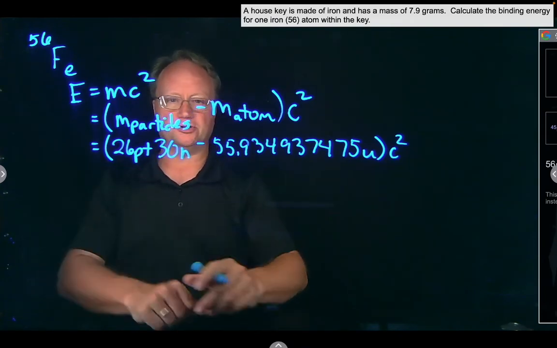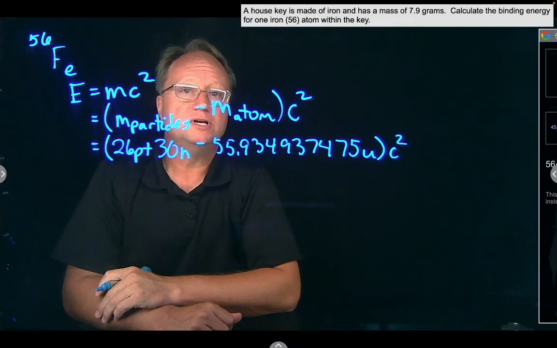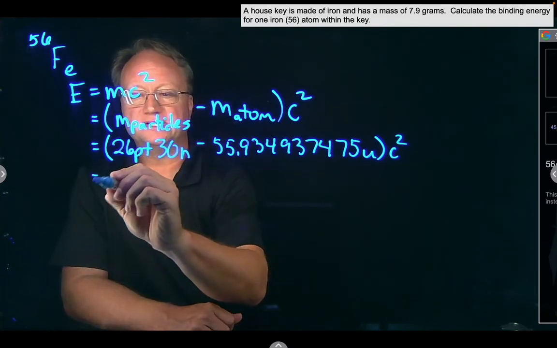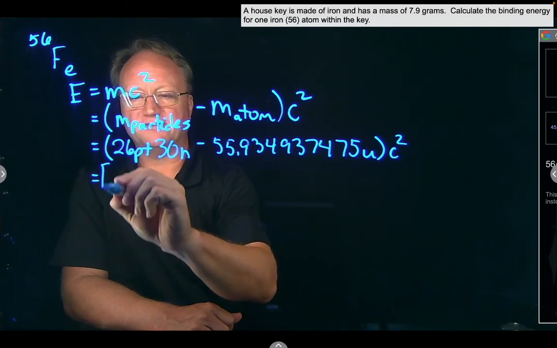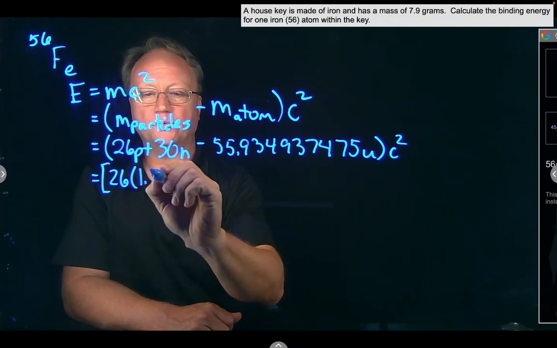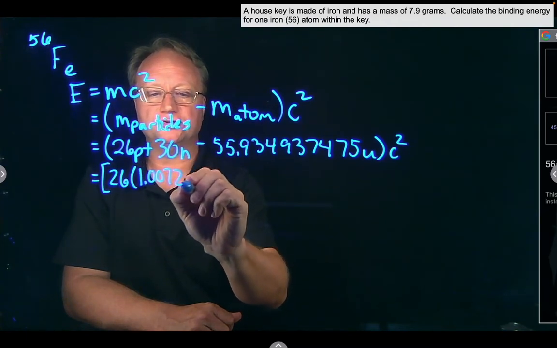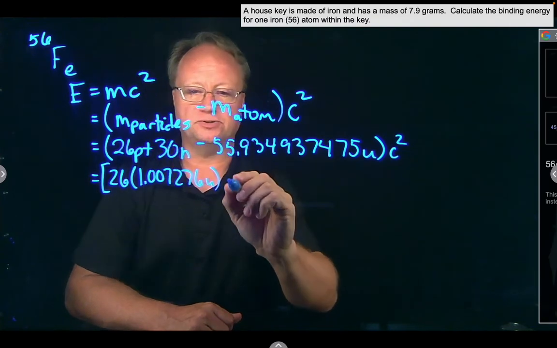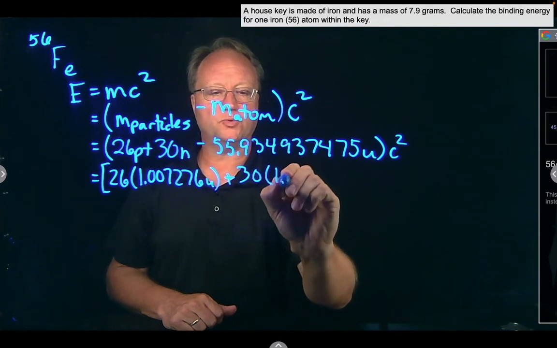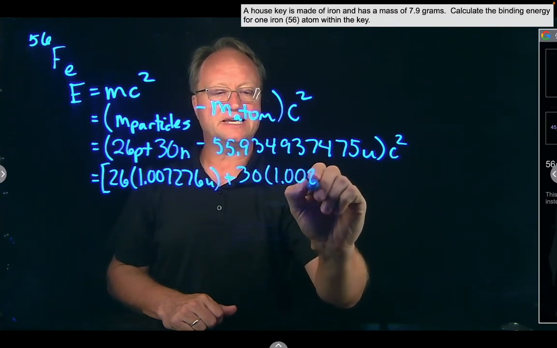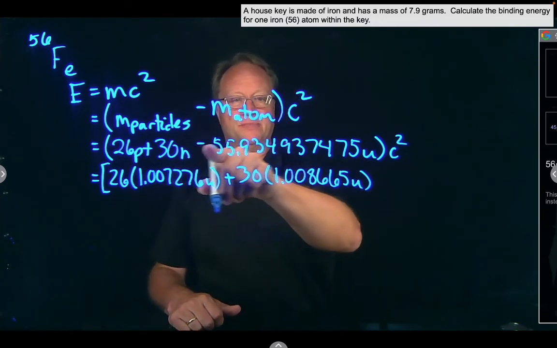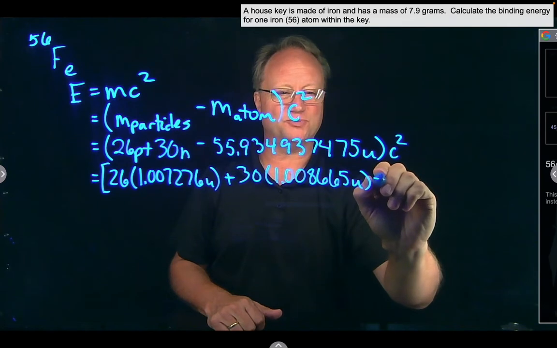Now, our protons and our neutrons, you also have a constants table on the problem set that gives you the atomic mass of the protons and the neutrons. So let me fill those in. So then I've got 26, the mass of a proton, 1.007276 atomic mass units, and then 30, the mass of a neutron, 1.008665 atomic mass units, minus, I'm going to write this one more time,